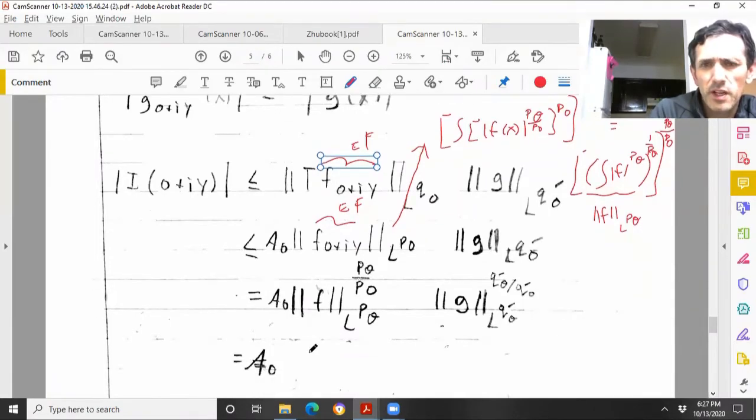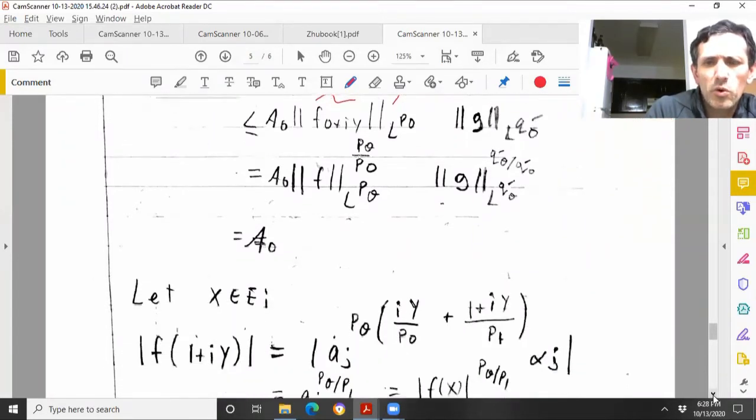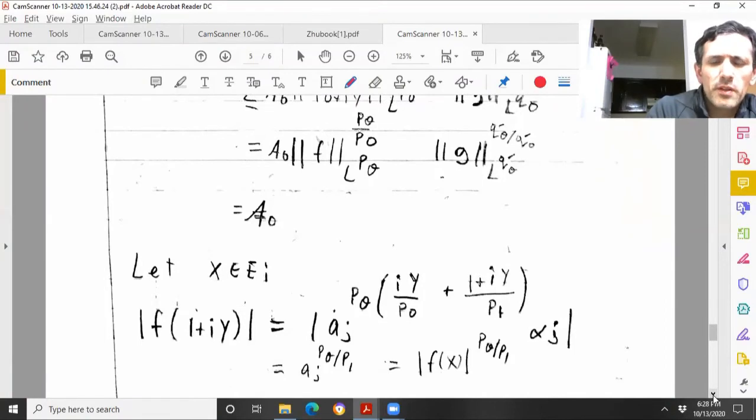So this is equal to a0. We had this reduction that we can assume the L^p_theta norm of f is 1, and by duality, we're assuming the norm of g in L^q_theta prime is 1. Okay, and you do the same thing for